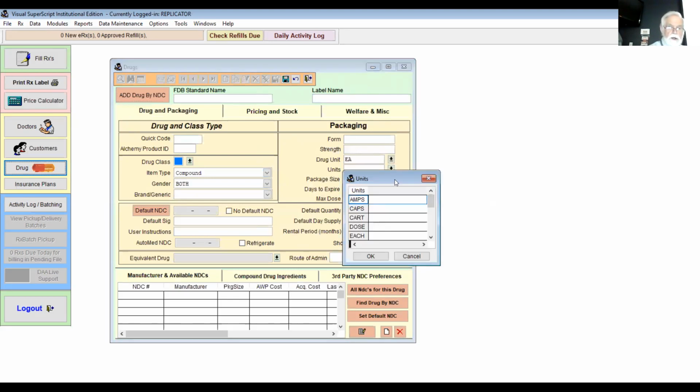Units is going to be, depends on how it's delivered. Amp is an ampule. Ampule is a little sealed vial of sterile product that has no preservatives in it. It's a single-use product that we break open and take drugs out of. Capsules, cartridge. There are injectable drugs that are actually, especially ones that are used